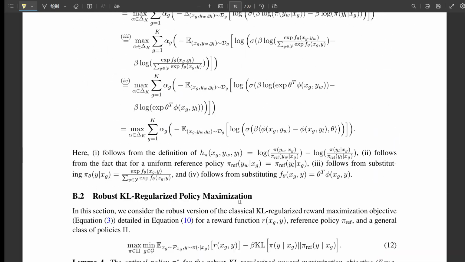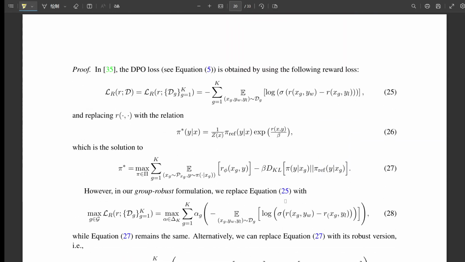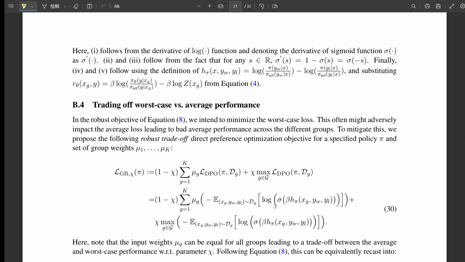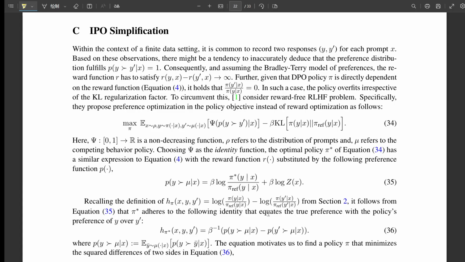The log linear policy class is what allows them to use the minimax theorem and ensure convergence. And this is where the concept of a Nash equilibrium comes in, right? Exactly. The minimax theorem asserts that a Nash equilibrium exists for the GRPO problem. So this equilibrium means there's a stable solution where the model's performance is robust across all groups. Yeah, so it's not just about getting better at one thing, but being consistently good at everything. Okay, that's starting to make a lot more sense now.